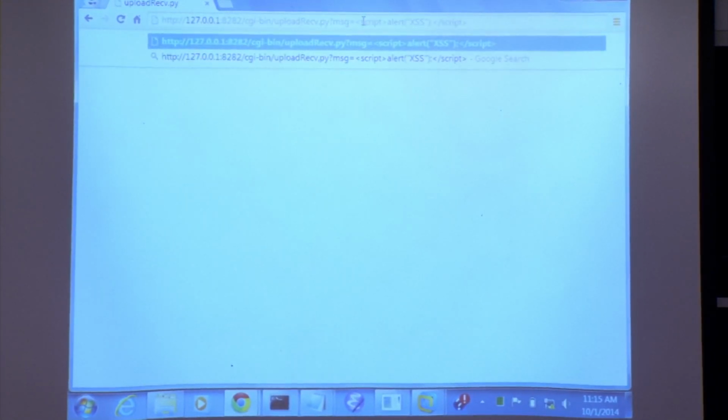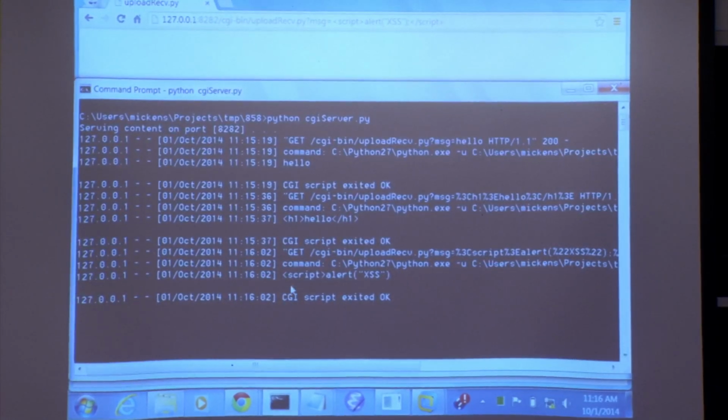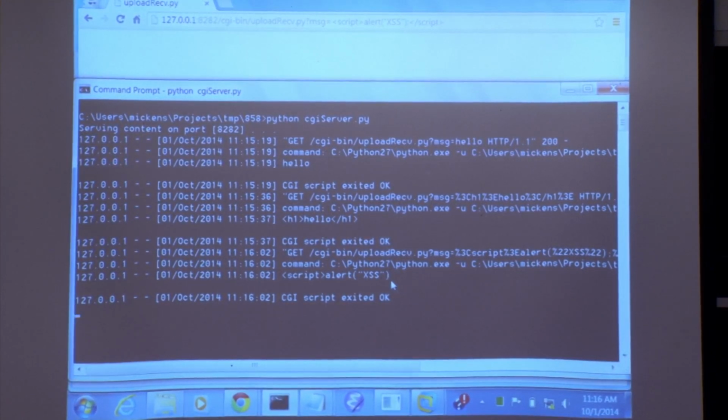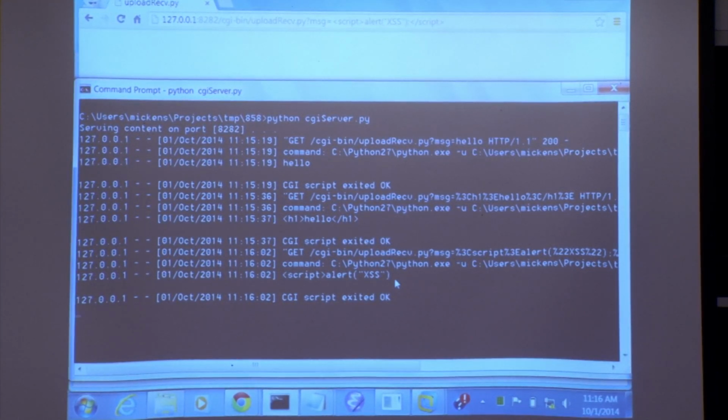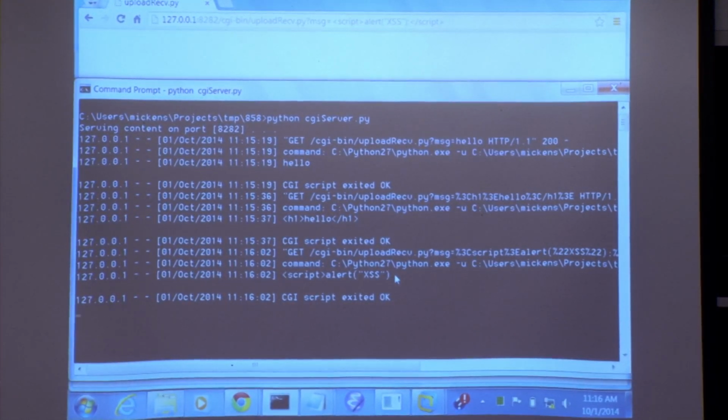And here I've actually just put in for the message, script, then I want to just alert XSS, and then slash script. So now that's interesting. It seems like something didn't quite work. I don't see the output. I didn't see the alert either. And if I actually look at the output for the web server, what I see is that the web server itself didn't actually get that trailing script tag. So it seems like the browser itself has somehow detected something evil, even though I tried to disable the XSS filter. So that's interesting. We're going to come to this defense mechanism a bit in the lecture. But suffice it to say, it seems like the browser is trying to resist this cross-site scripting attack.